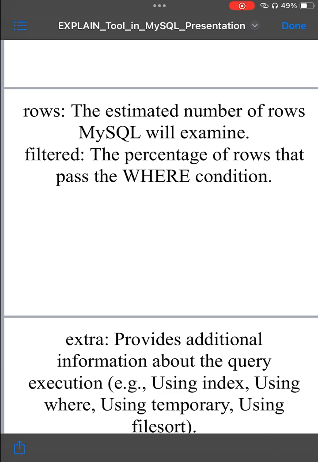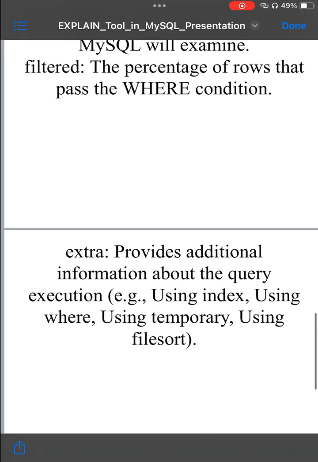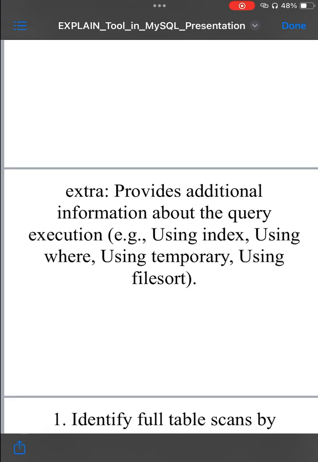Common values include using index, MySQL is using a covering index to satisfy the query. Using where, a where condition is applied after row retrieval. Using temporary, MySQL creates a temporary table for operations like group by or order by. Using file sort, MySQL uses an